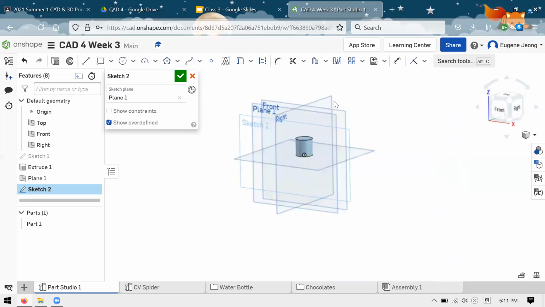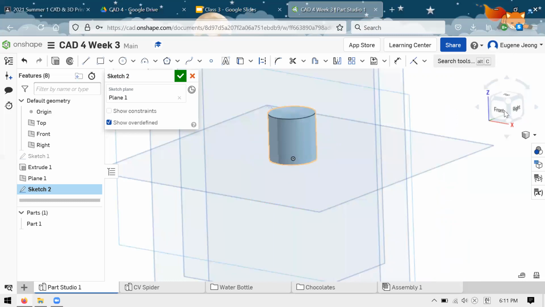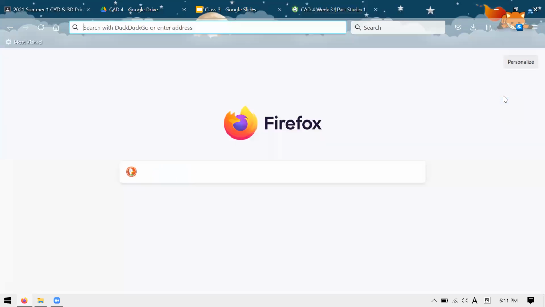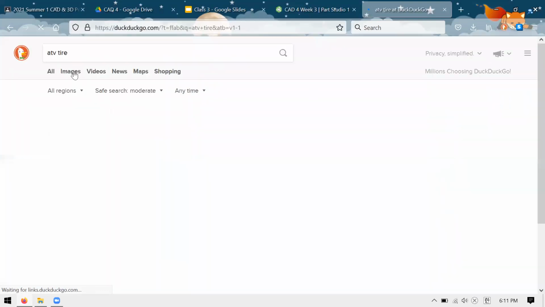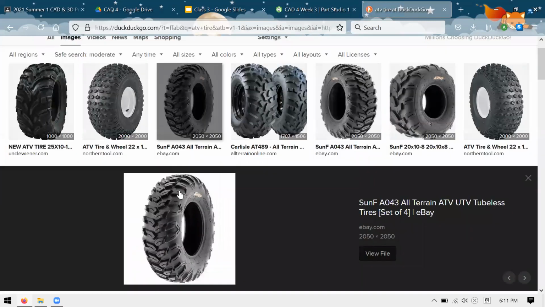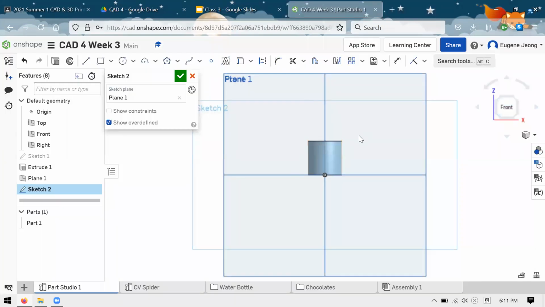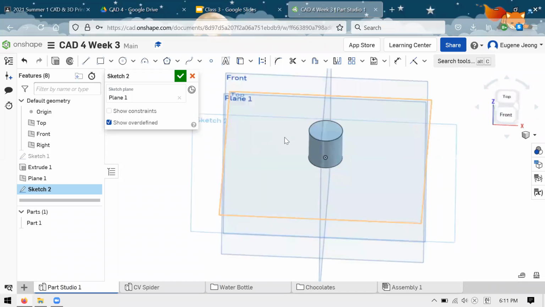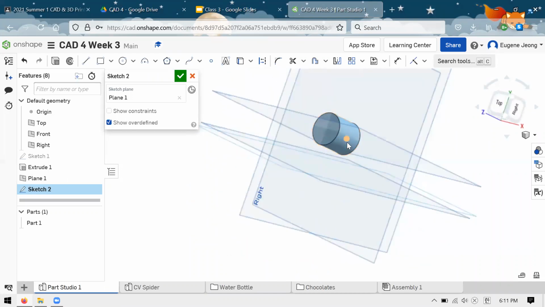Now, to get back to what I was saying about sketching on curved surfaces, let's say, for example, that I want the cylinder to look like a tire. A tire with big tread blocks, right? So you can see an ATV tire has these big blocks and grooves and all these patterns that are on a more or less cylindrical surface. And so from what you have right now, you can't just draw these tread blocks on the cylindrical surface and extrude them. But what you can do is do something like this, where you create a plane, have the plane be offset from the surface on which you want to draw these things,